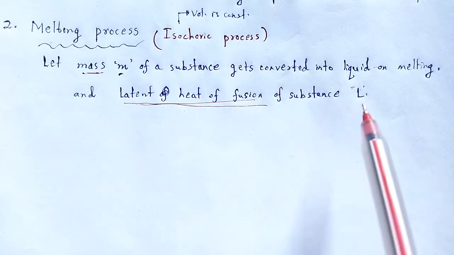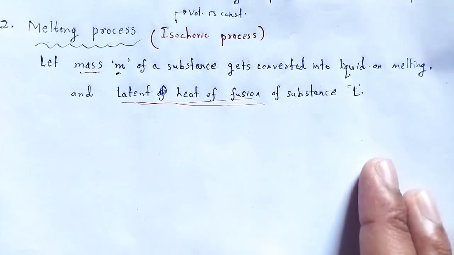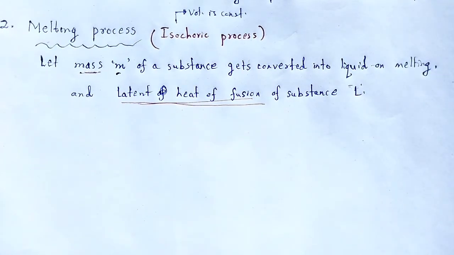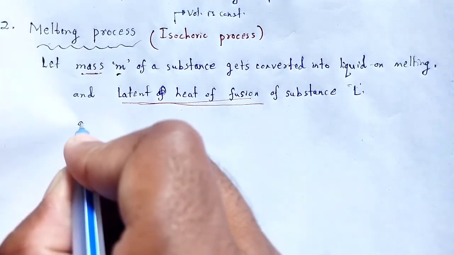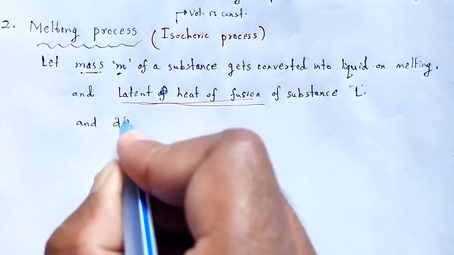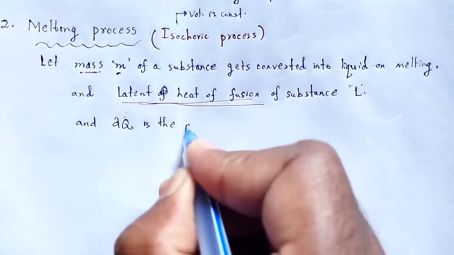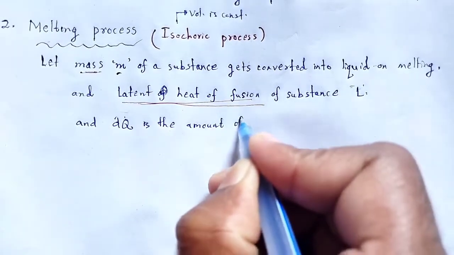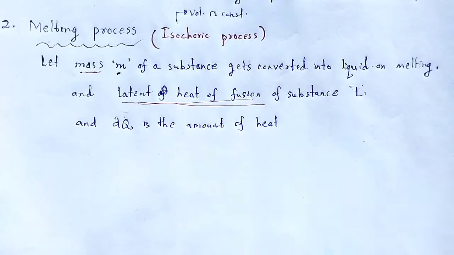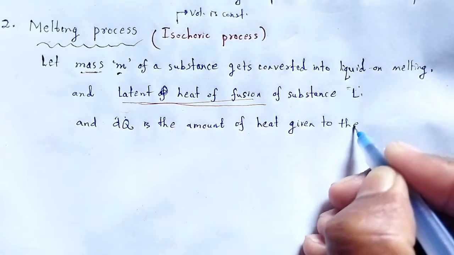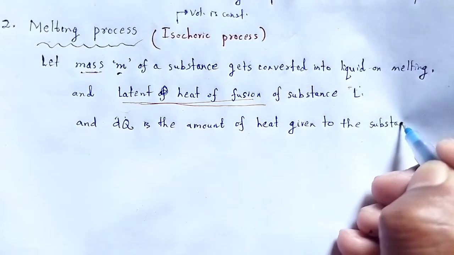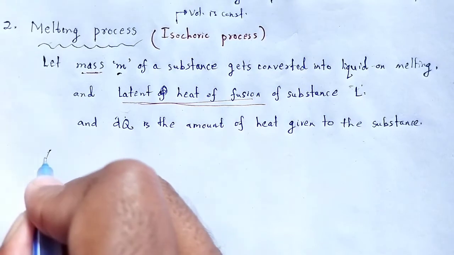Here we take the latent heat of fusion of the substance to be L. Now according to the first law of thermodynamics, what is the process? Let dq be the amount of heat given to the substance. So according to the first law of thermodynamics,